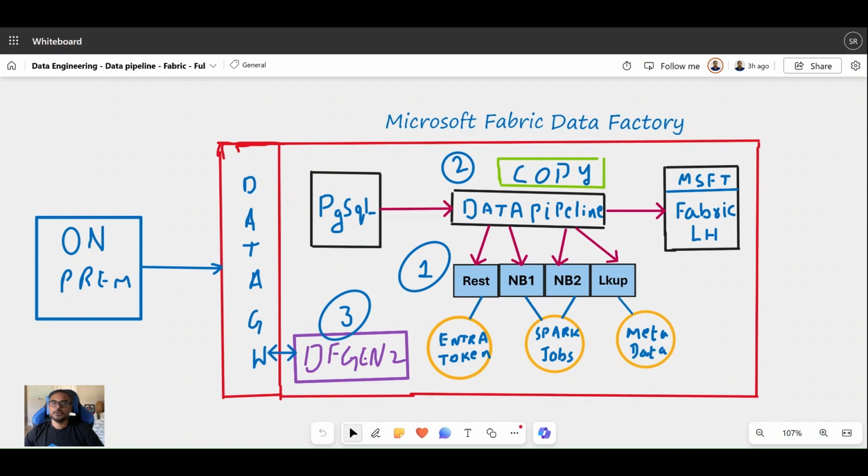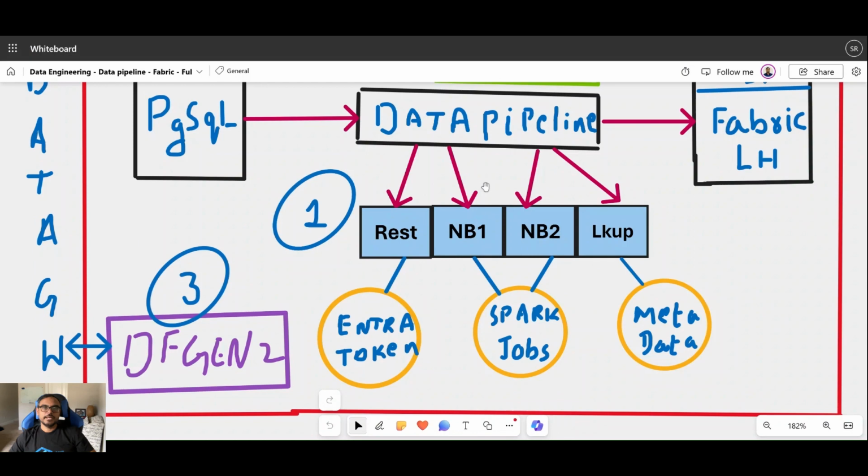I'm going to show both these activities within the data pipeline, namely fully code yourself and no code experience, as two separate videos, just to show you all the different features associated with each component. So today's emphasis, as you would have realized by now, is number one, which is write your code in the Spark notebooks. Use any additional activities that are available within data pipeline to properly orchestrate. Let's zoom into the data pipeline experience with fully coding capabilities that we are emphasizing in today's